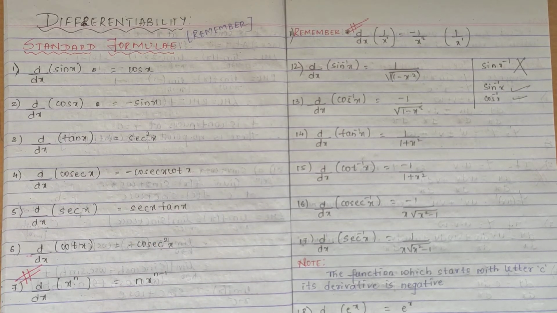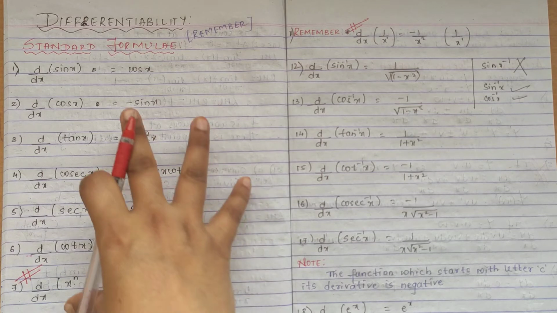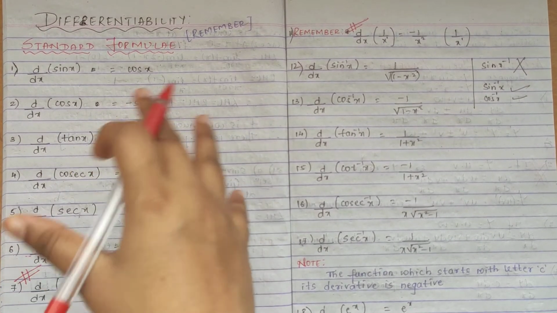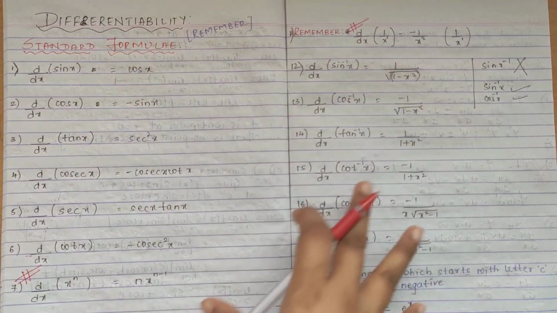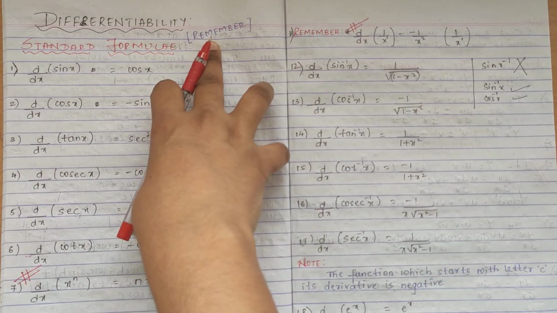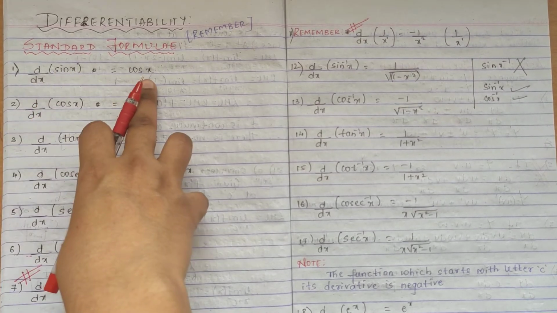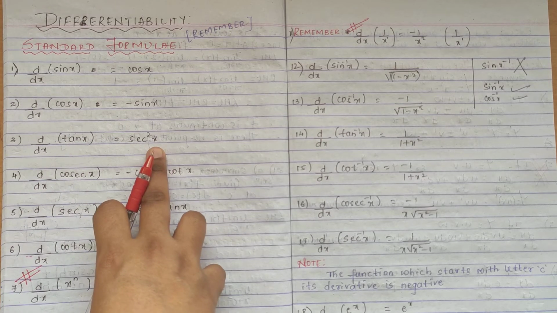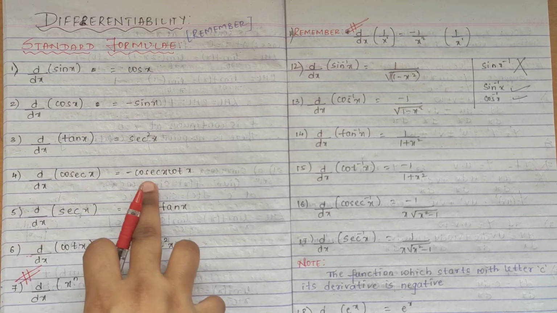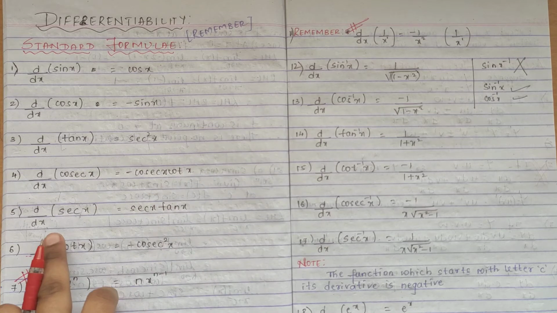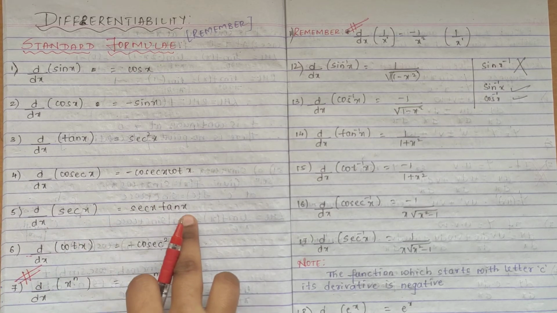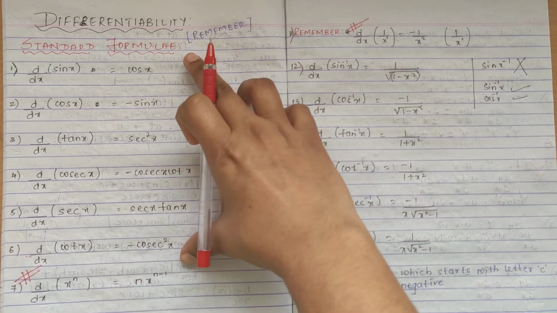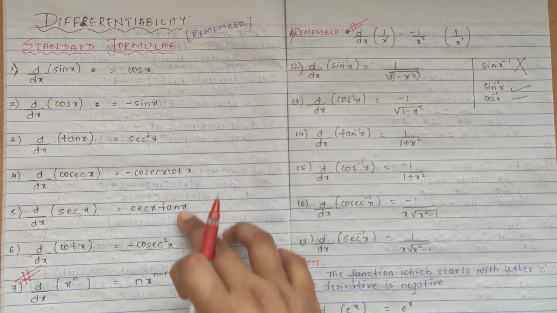You can search for the further parts, like if there are too many, but for your presence, which will be used frequently, I have written all the formulas, so you have to write it and you have to remember it. So the differentiation of sin x is cos x, differentiation of cos x is minus sin x, differentiation of tan x is sec square x, differentiation of cosec x is minus cosec x cot x, differentiation of sec x is sec x tan x, differentiation of cot x is minus cosec square x. These are your 6 trigonometric formulas, right?